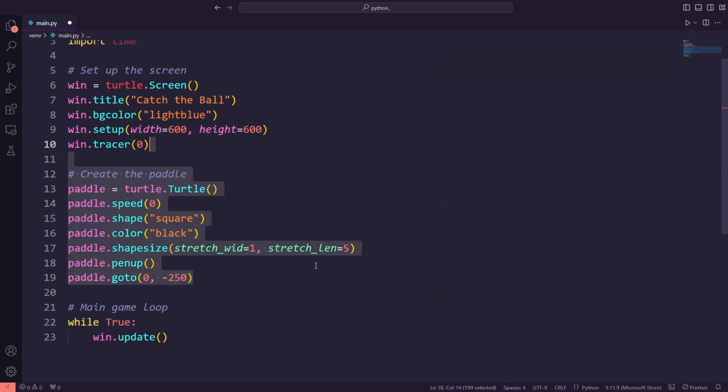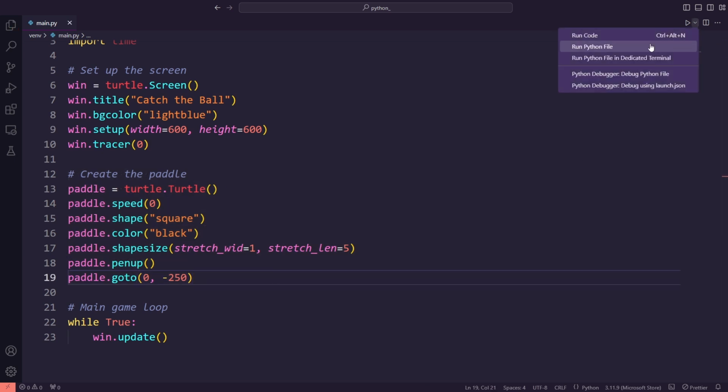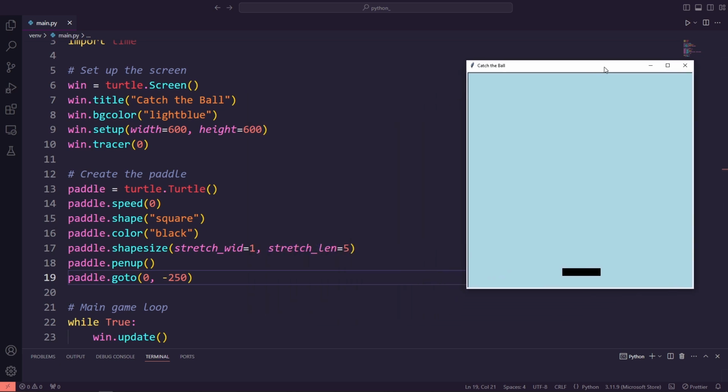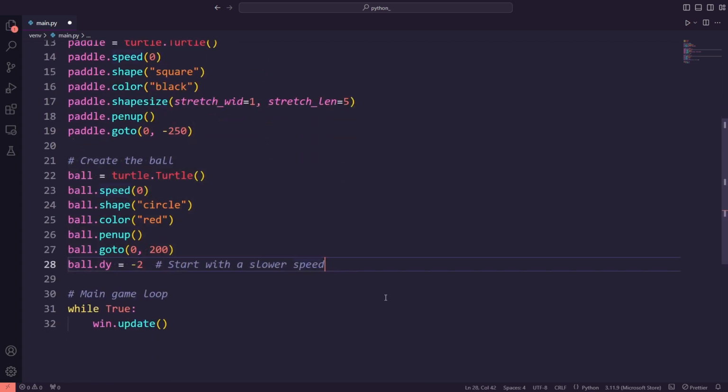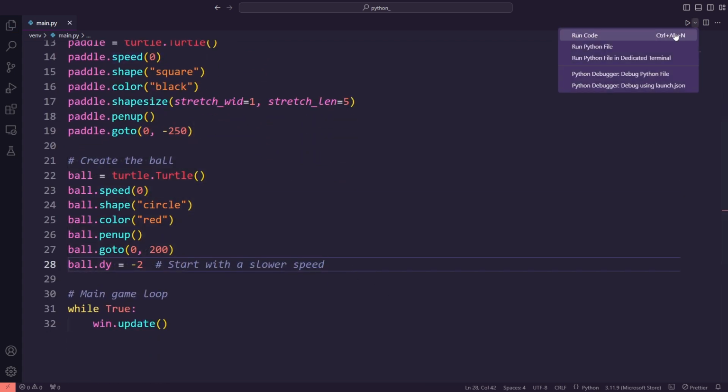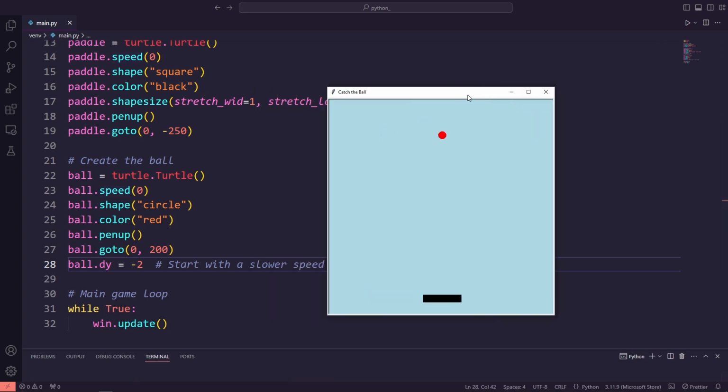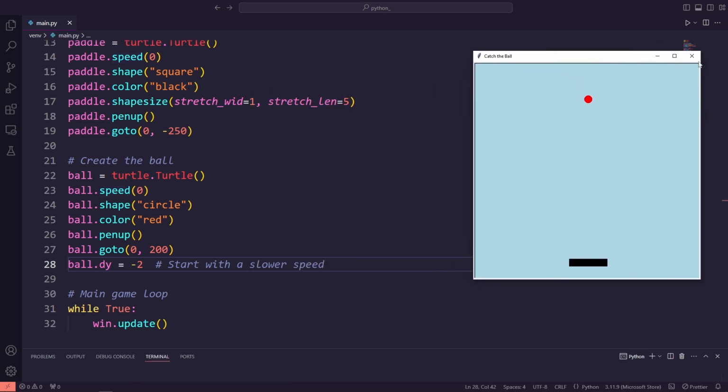Next, we create the paddle. This will be the object that the player controls. Now let's create the ball that the player has to catch. We gave the ball an initial position at the top of the screen and a downward speed of -2 with